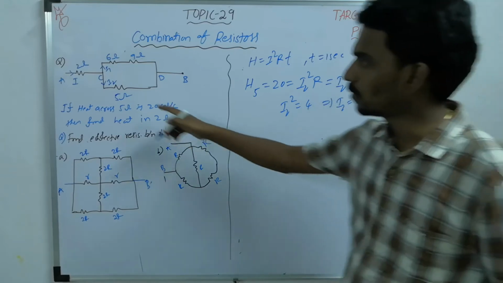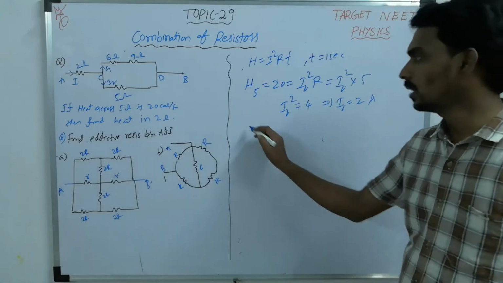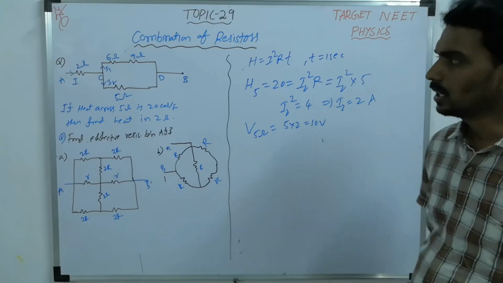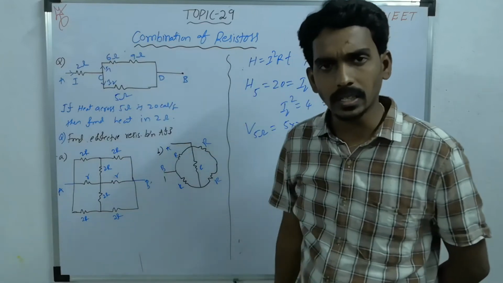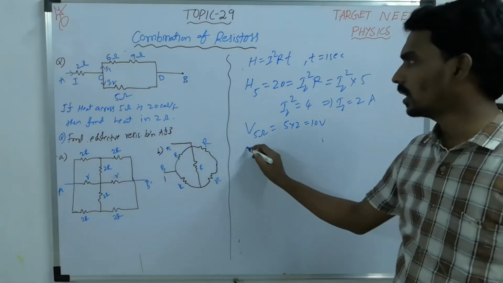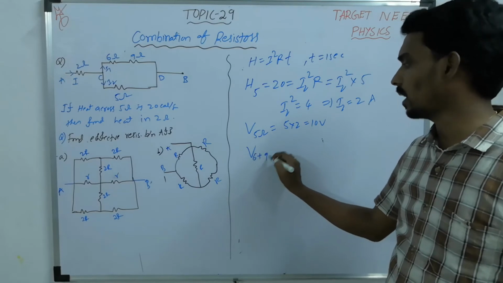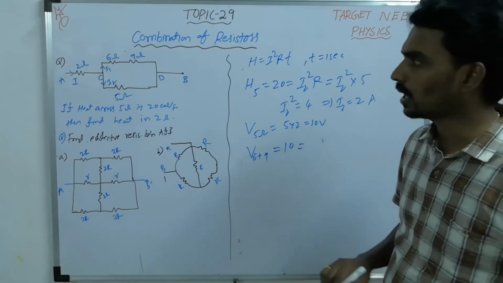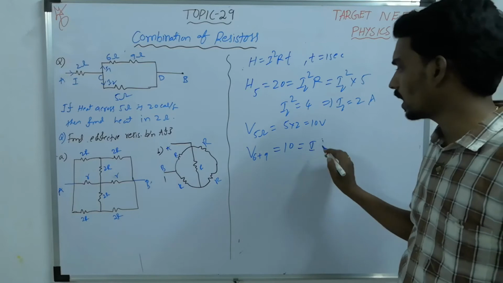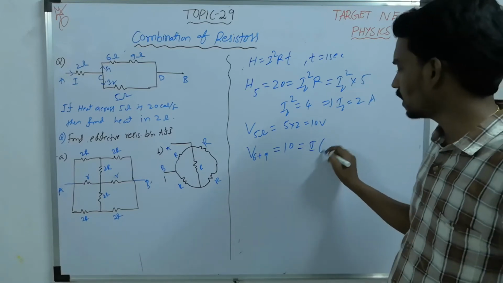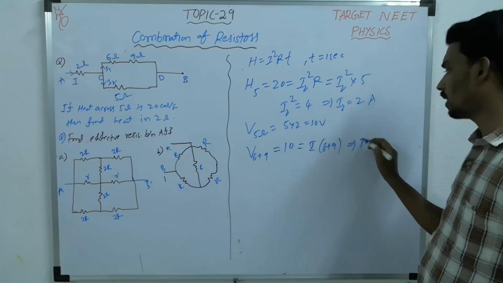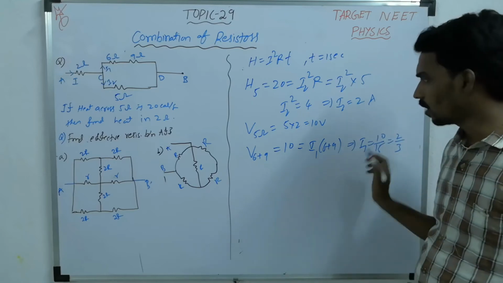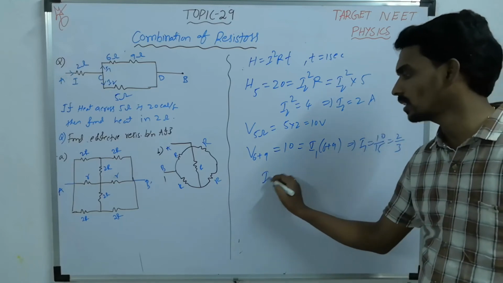So what is the current in 5 ohm? 2 ampere. Then what is the voltage across 5 ohm? 5 into 2, 10 volt. But this and this, both are connected in what? Parallel. Then the potential difference across 6 plus 9 should be equal to how much? 10. What is the potential difference formula? According to Ohm's law, IR. What is the current? I1. So I1 into the resistance 6 plus 9, so that I1 will become 10 by 15, 2 by 3. So you got I1, you got I2, then what will I become?